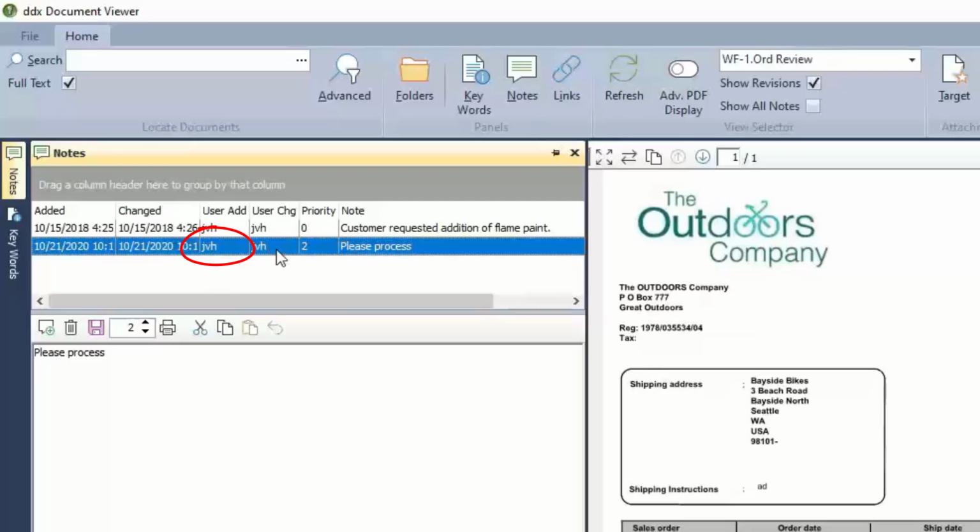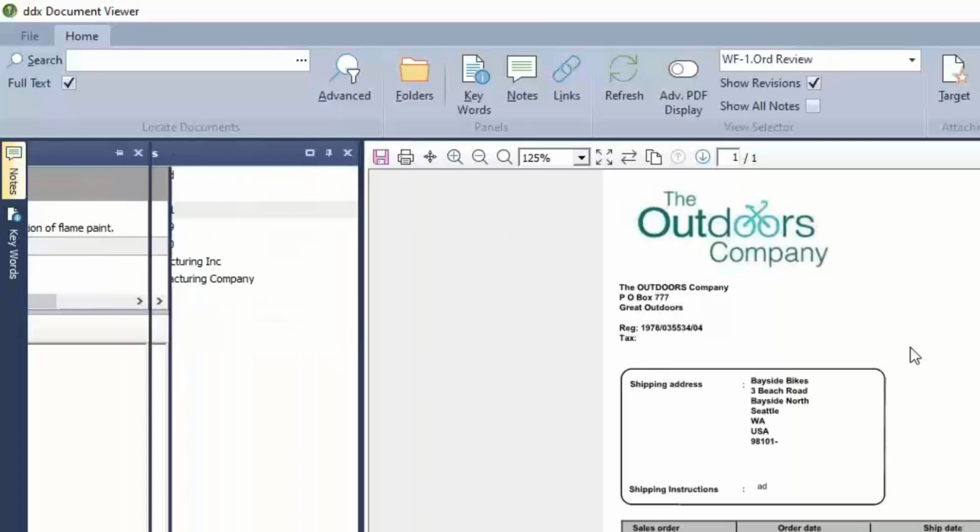It captured my Windows login, so I know precisely who did this. And there's a date and time stamp as well, so I know precisely when this was done. This is preserved then as a record attached to this particular order acknowledgement that lives on indefinitely with this order acknowledgement. So now that I've signed it and I've told it it's okay to move on to the next step,